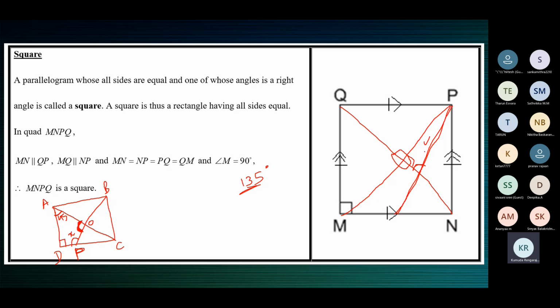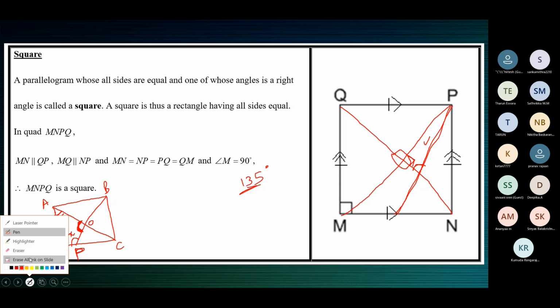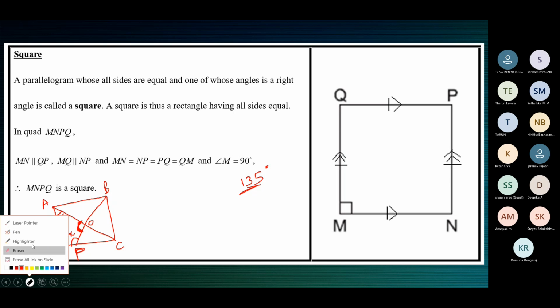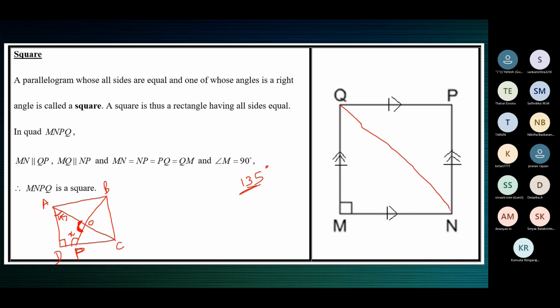In one triangle, you can see it here. I'll not explain much. I'll just draw that for you. You'll understand. See here, diagonal, diagonal, diagonal. Okay, so 90, 90, 90, 90, 90. This is correct.